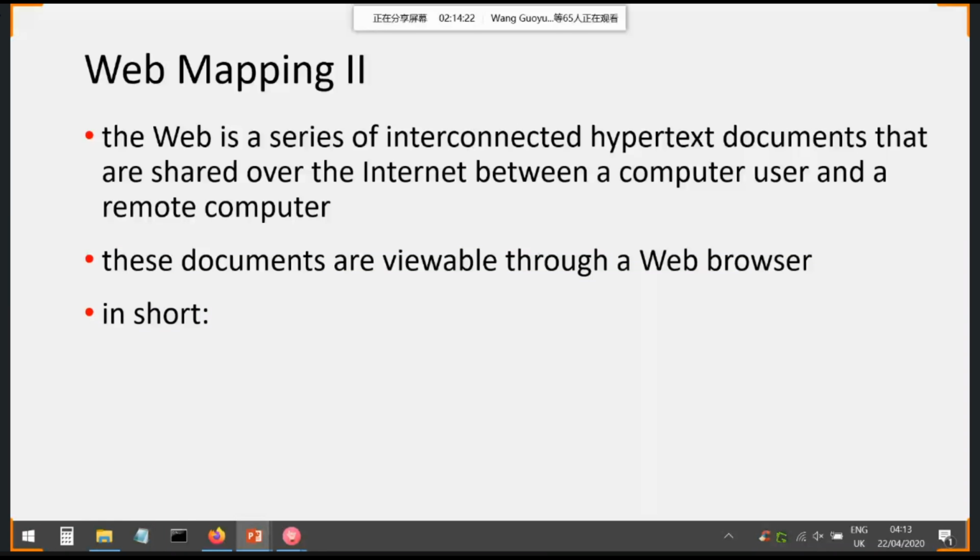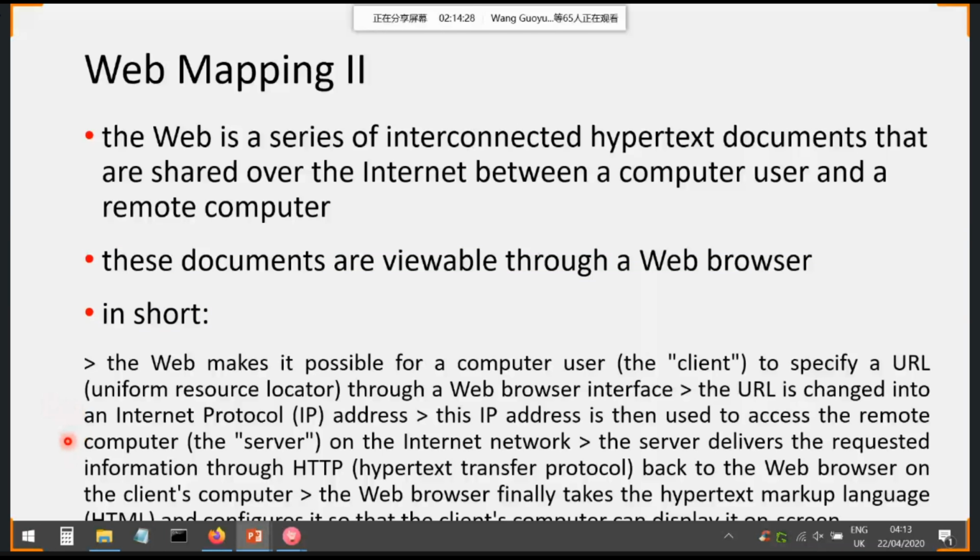the web makes it possible for a computer user, the client, to specify a URL, a uniform resource locator, through a web browser interface. The URL is changed into an Internet Protocol IP address. Then this IP address is used to access the remote computer, the server, on the Internet network. And then the server delivers the requested information through HTTP, Hypertext Transfer Protocol, back to the web browser on the